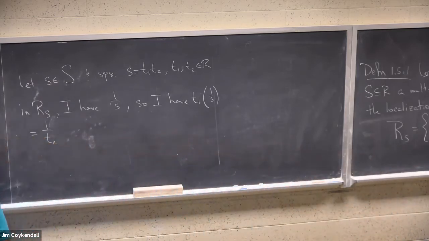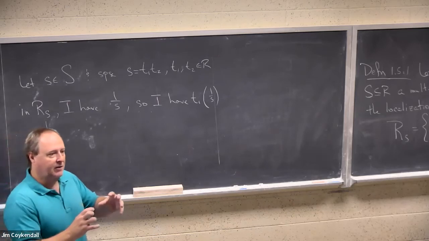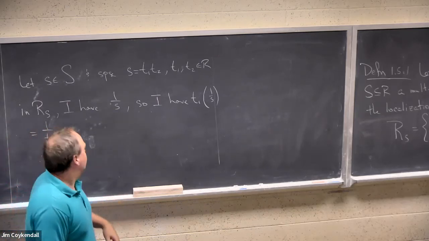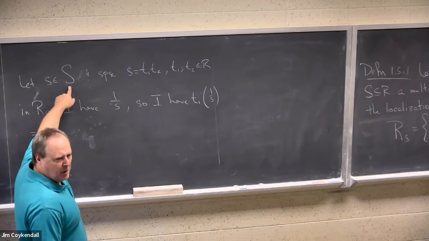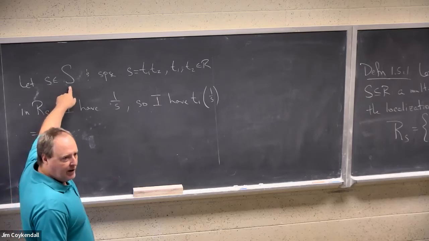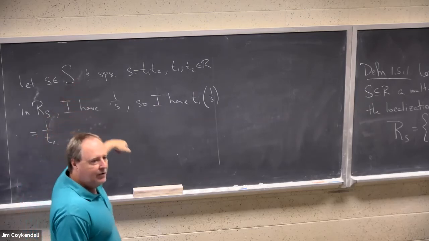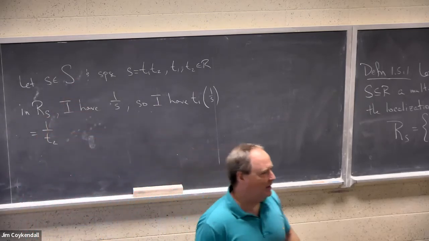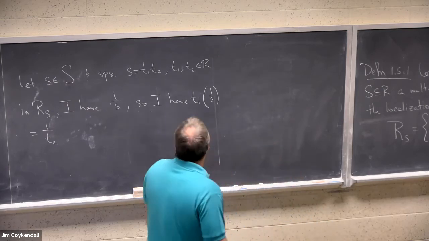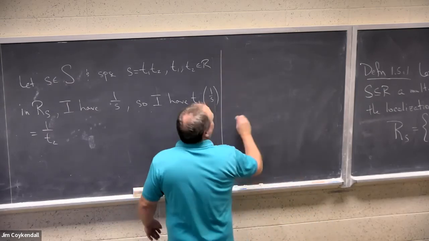And that would make another kind of thing that I can throw on for the localization homework. If you localize at a multiplicative set, if it's not saturated, then there's a smallest saturated multiplicative closed set that contains it. So suppose you have S, multiplicatively closed, and suppose the saturation is T, then it turns out that the ring R localized at S is the same thing as R localized at T. So you get it for free. And before I forget it,